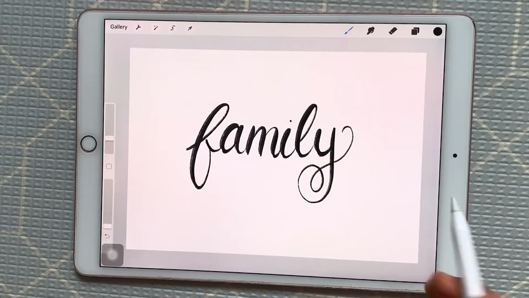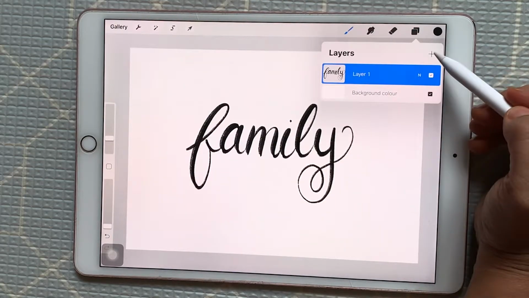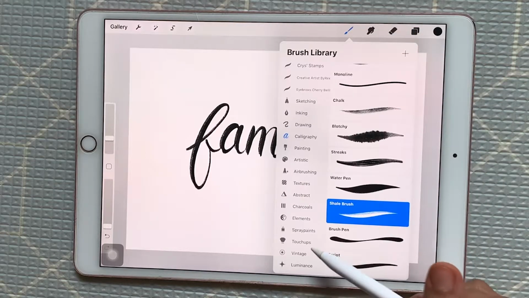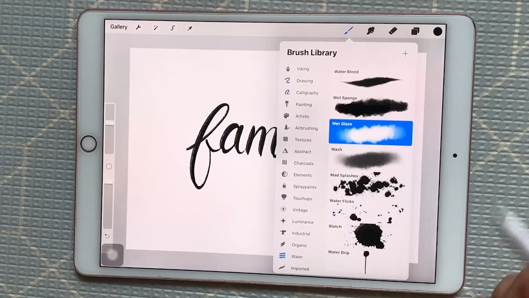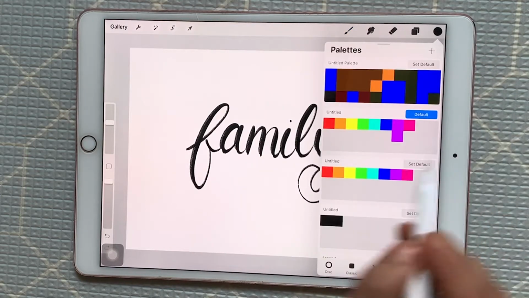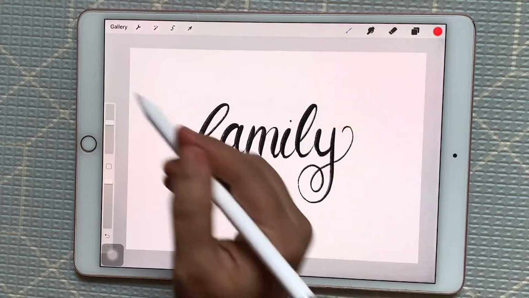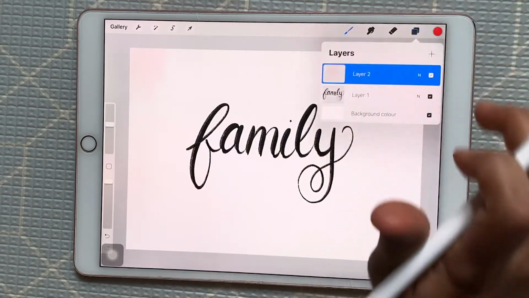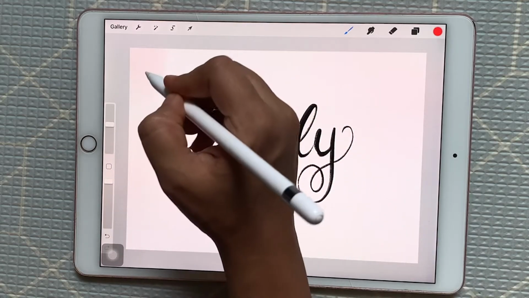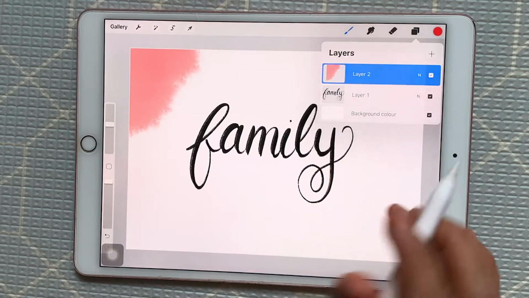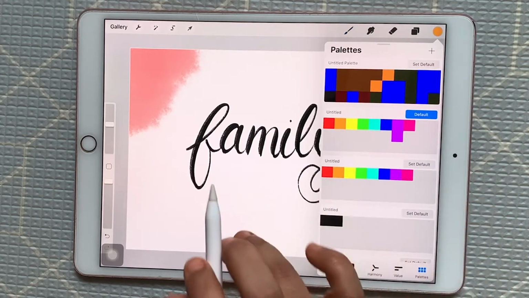Okay, so next I'll select my colors here. I'll take a watercolor brush. Okay, I'll open my color palette. First color we have is red. Okay, new color. I have taken a new layer above this family layer. This is my next color, orange.